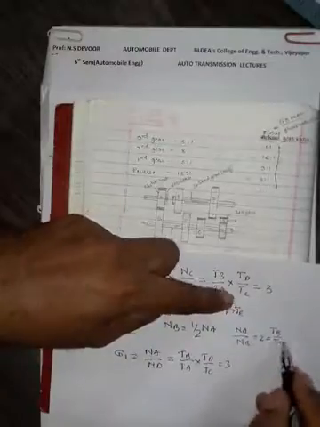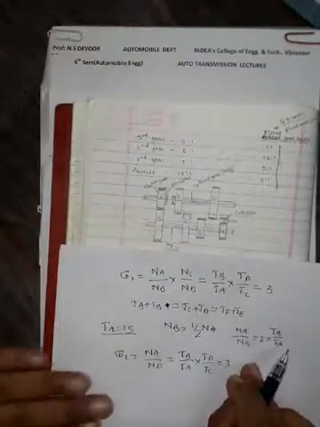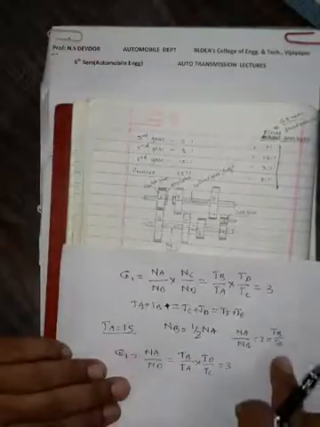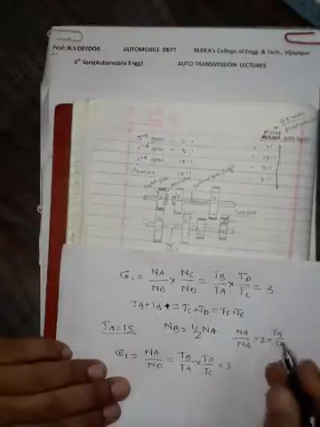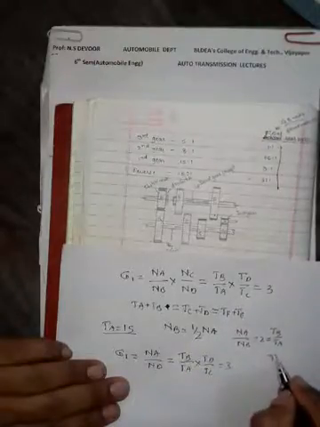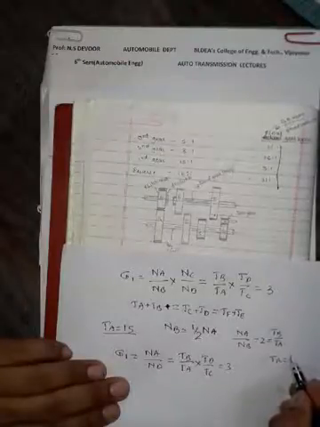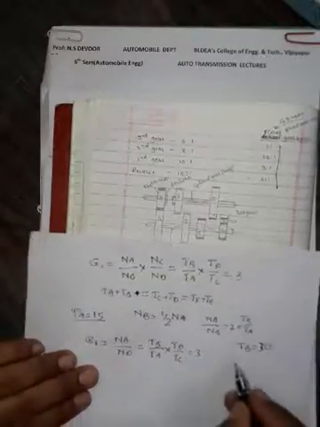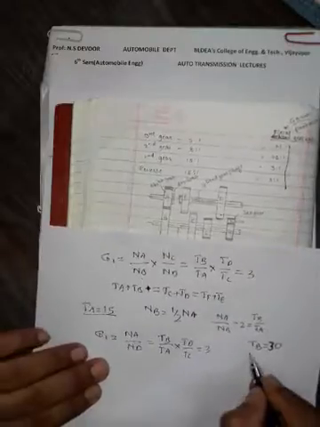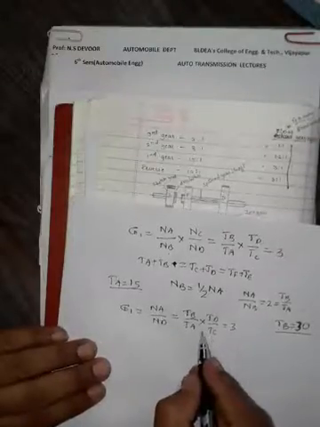Okay, now let us calculate from this. Here only we will get the number of teeth on A and B, because TA is 15, then TB will become 30. Correct? TA is 15. Therefore, TB equal to 2 times TA, this is 30. Correct? Now let us determine TC and TD.